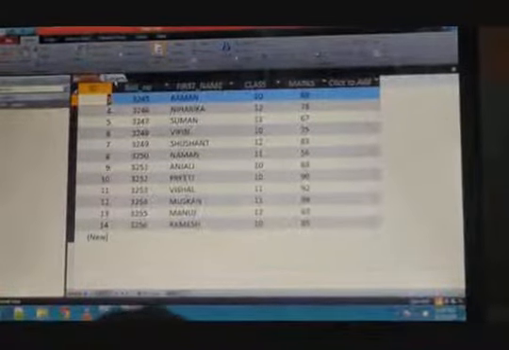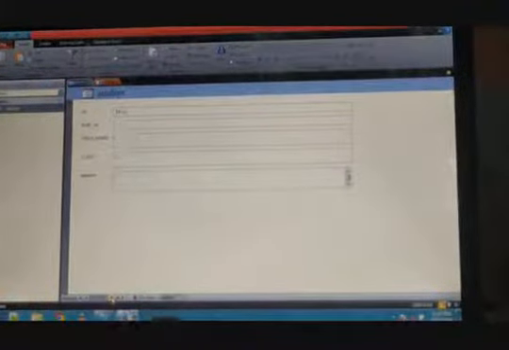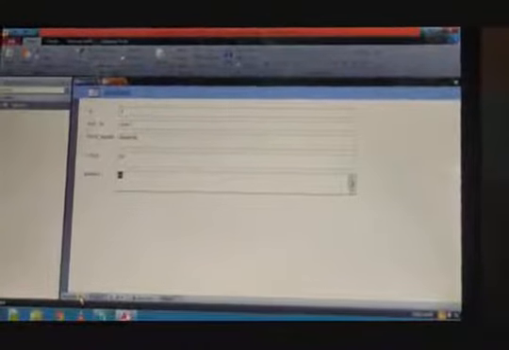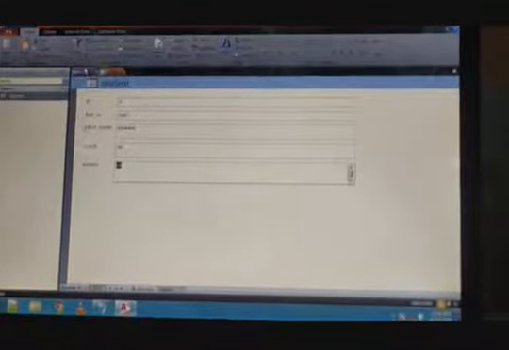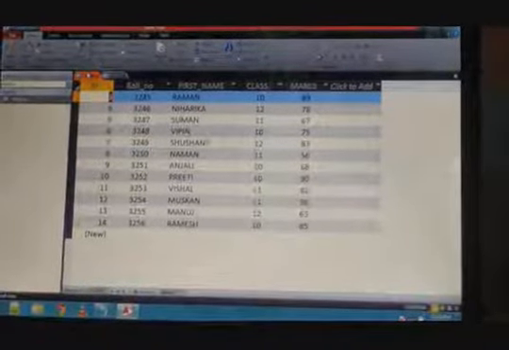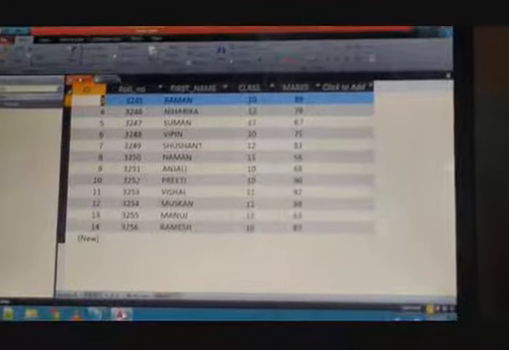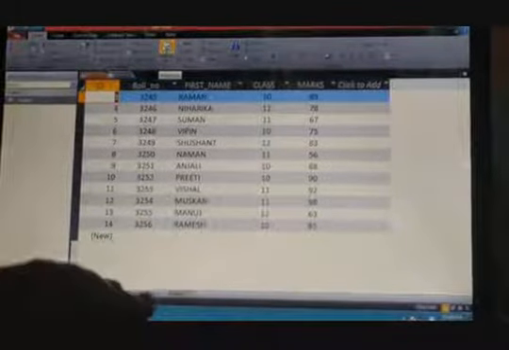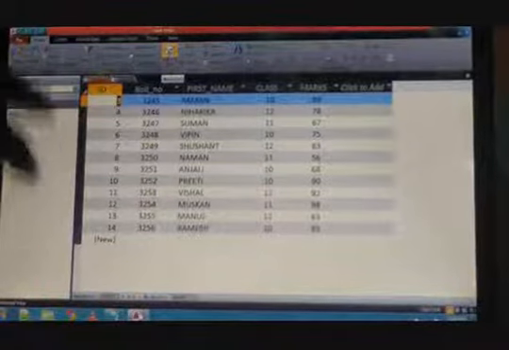You can see that this is the form. You can easily traverse from one record to another just like that by clicking the next arrow and previous arrow. If you want to see the last record, there is the option for last record. If you want to see the first record, there is the option for first record. So it is very easy to perform. After entering any kind of data or editing any kind of information using forms, you have to refresh your table first. After refreshing, your updated data will come in the table.